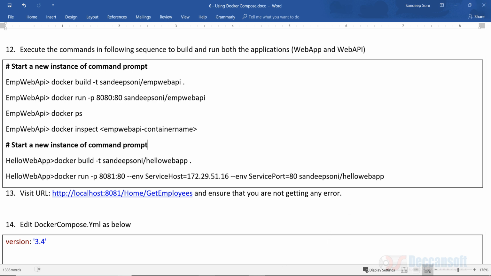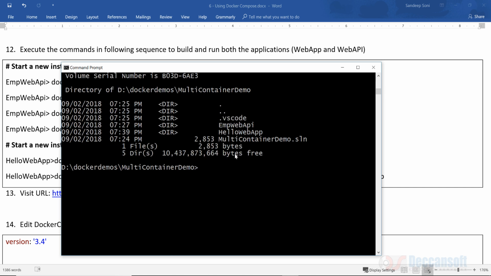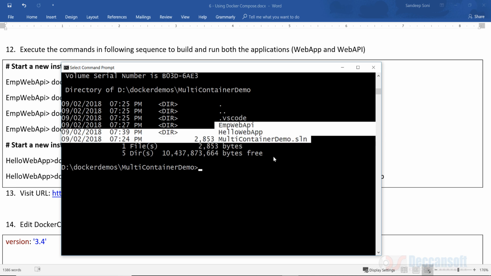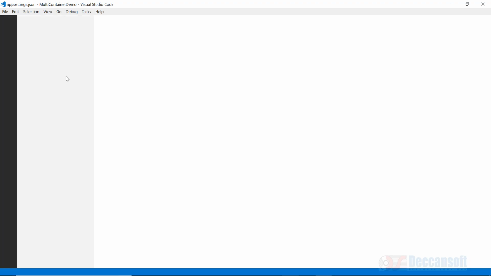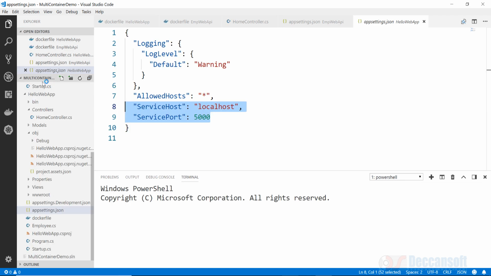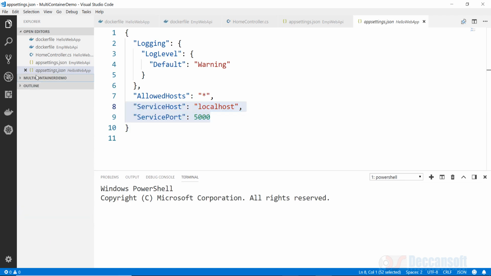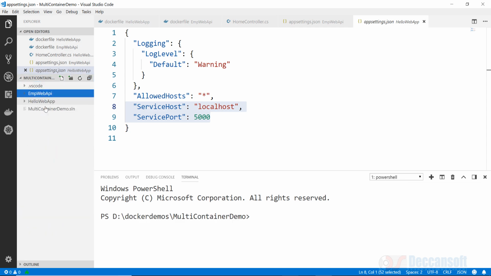and now go to the folder where we have the project created, the solution created, the parent directory of both the web application. And here we would like to open Visual Studio Code. So just press code dot. So now the parent directory is going to be the folder under which I would like to now create the Docker Compose file. So here in the root, I would like to add Docker Compose